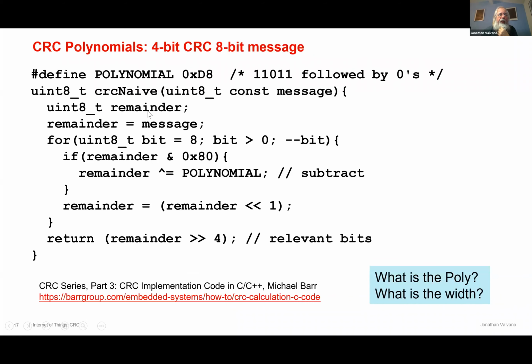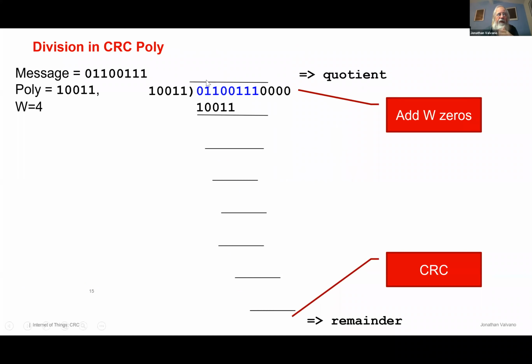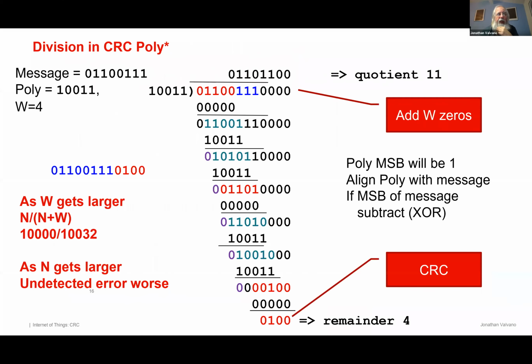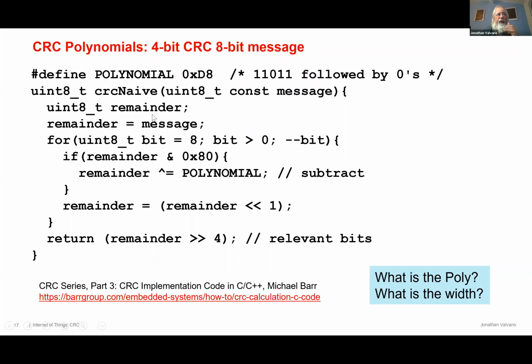My message in this case is simply an 8-bit binary, and the remainder is formed, the dividend, if you'd like, in the subtraction, right? So you go over here, there's the dividend. The message starts out as a dividend, you subtract stuff off and it becomes a remainder. So the variable here, remainder, is both the dividend while it's in flux and becomes the remainder when we're done. And it's an 8-bit message, so I'm going to do